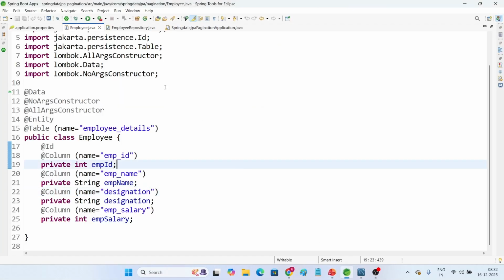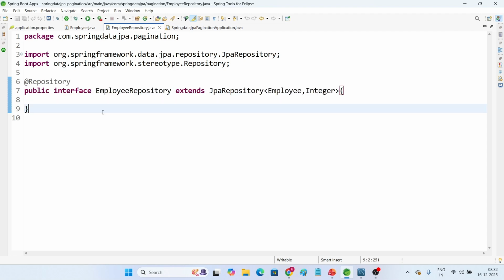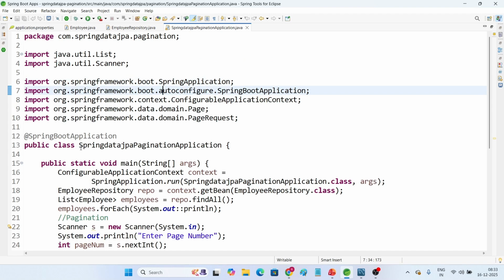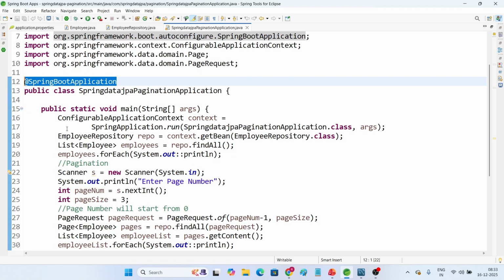Let me open Spring Tool Suite. Here we have the Employee entity class, and we have also created a repository. EmployeeRepository extends JpaRepository. The entity class name is Employee, and the primary key data type is Integer. Now in the Spring Boot application, this is our entry point, and we have connected